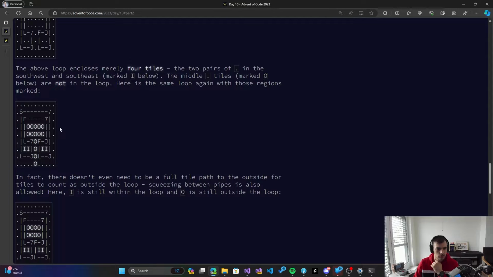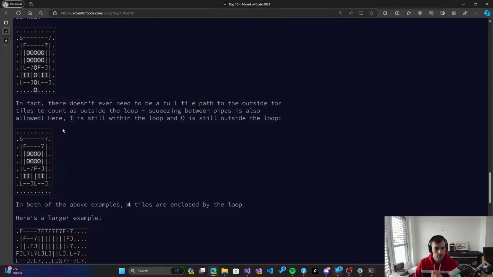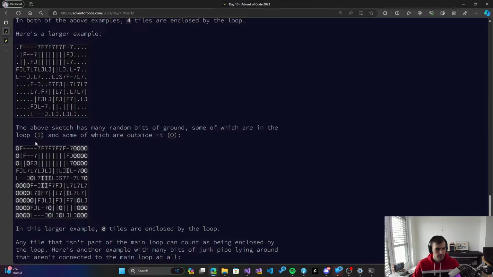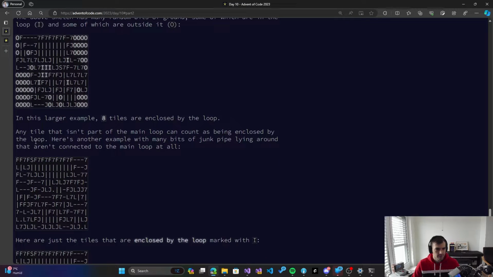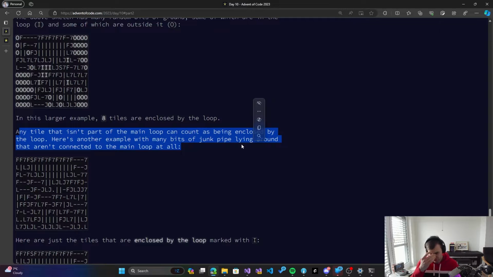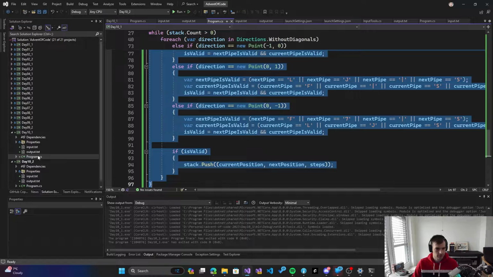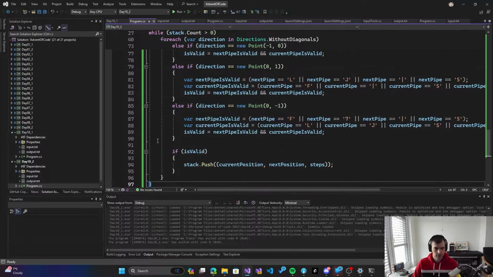Yeah. Squeezing between pipes is also allowed. Yeah, of course, makes sense. Okay, so even junk pipes can be counted as being enclosed. So yeah, what we will need is